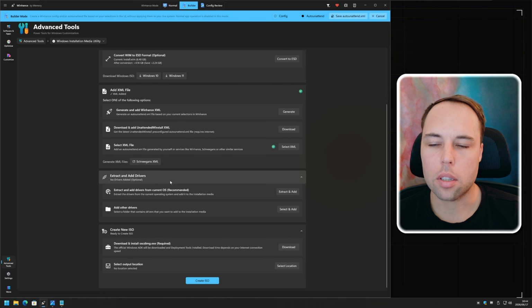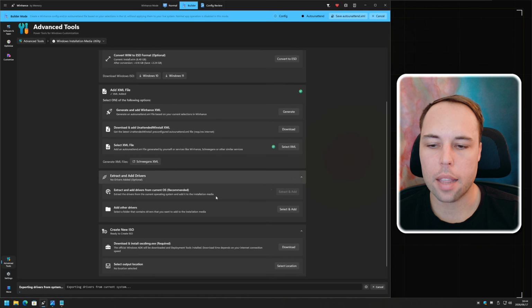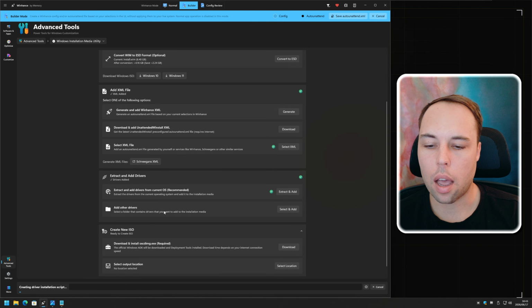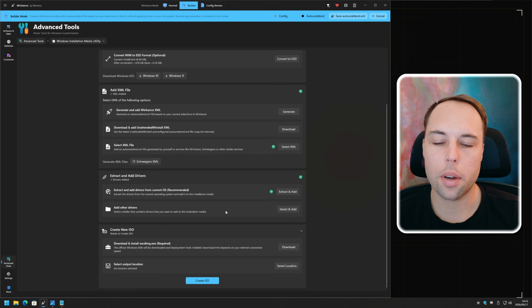As part of the Windows installation media utility, you can also extract and add drivers from your current operating system, which is recommended. So if I extract and add that, it'll extract it from the current system and add it to the ISO file. And you can also add other drivers if you have other drivers in a folder somewhere that you know will be used by the target system.